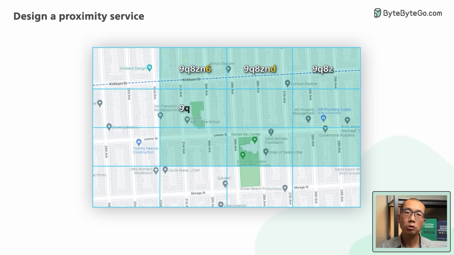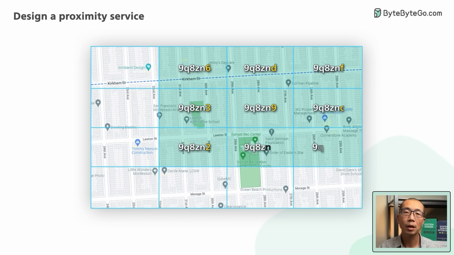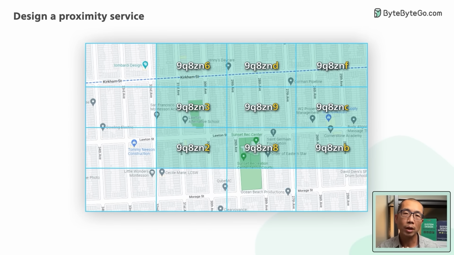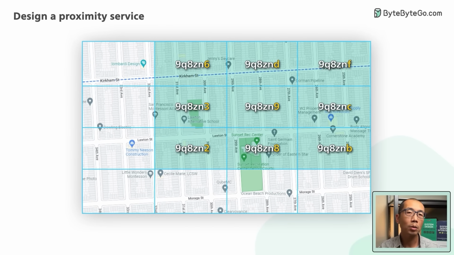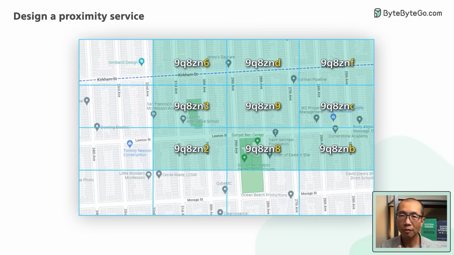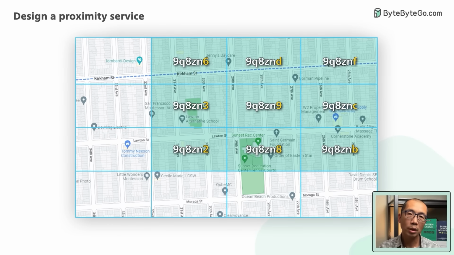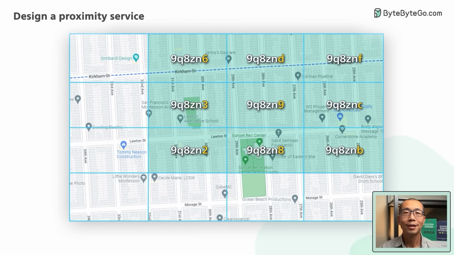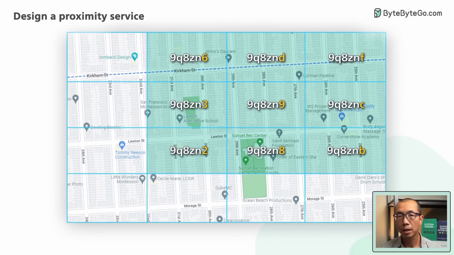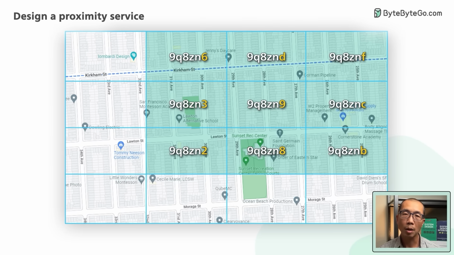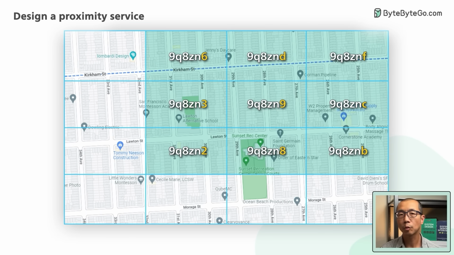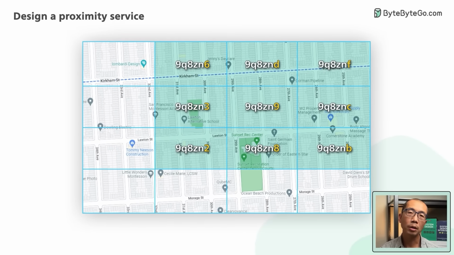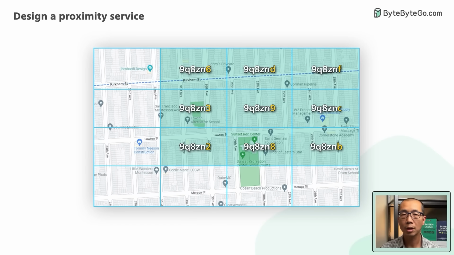If two geohash strings share a long prefix, we know they are close. For example, here are some grids that share the prefix 9QXZN. However, the reverse is not true. Two grids could be right next to each other, but have no shared prefix at all. This is because the grids on either side of the equator or the prime meridian are in the different halves of the world. For example, these two French cities are only 30 kilometers apart, but their geohashes share no common prefix.